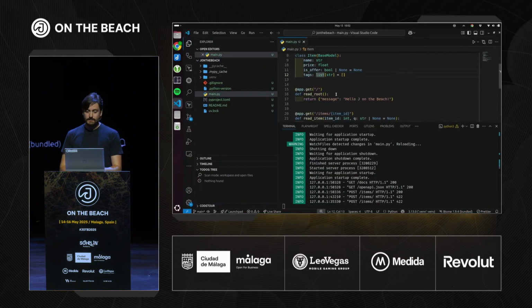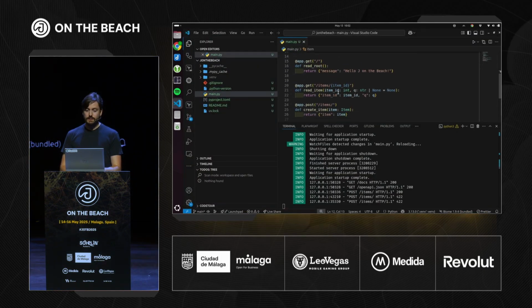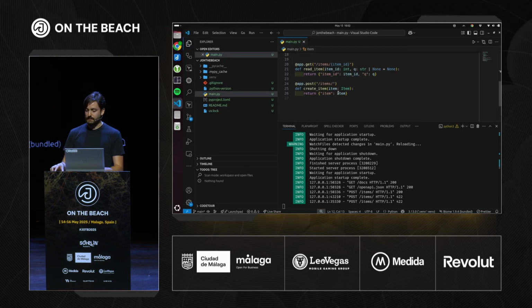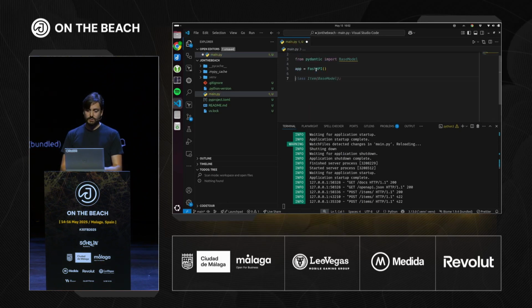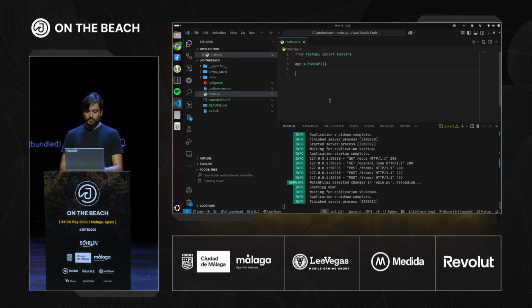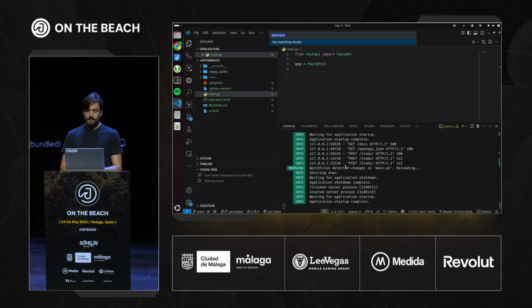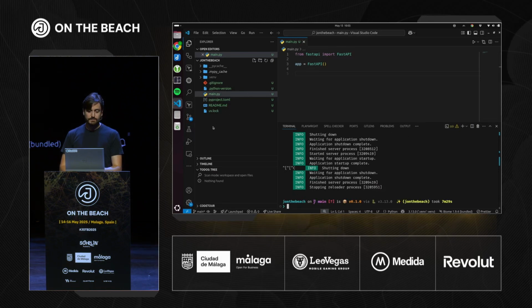OK, nice. This is talking about FastAPI in general, just to give you a little taste of what FastAPI is, how it is like. Let me check how I am on time. OK, good. Now we're actually going to build an app with this, so we can remove all this stuff. This was just to give you a taste of how it is to work with FastAPI. Now what we are going to do is use the GitHub API.